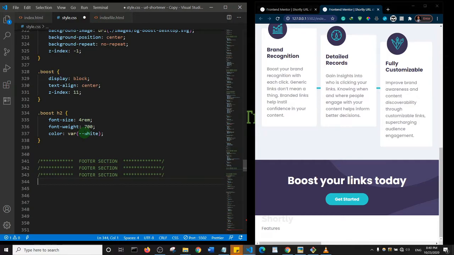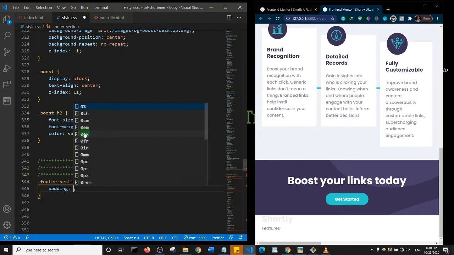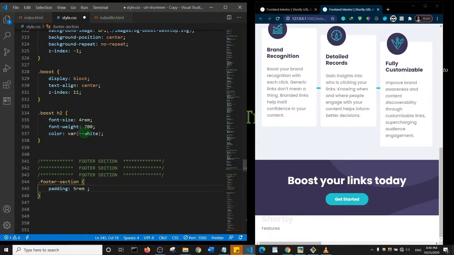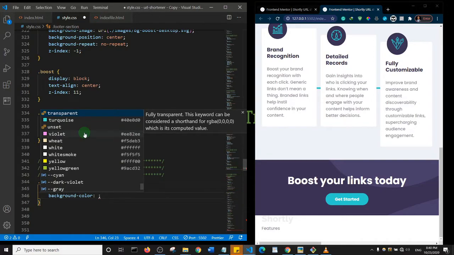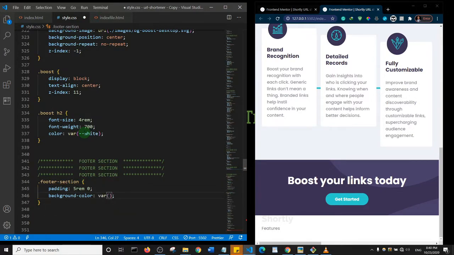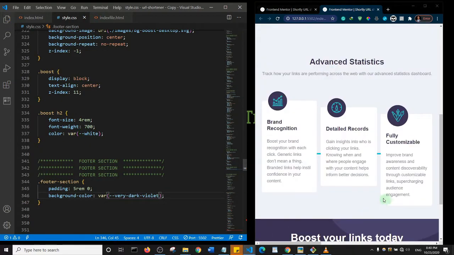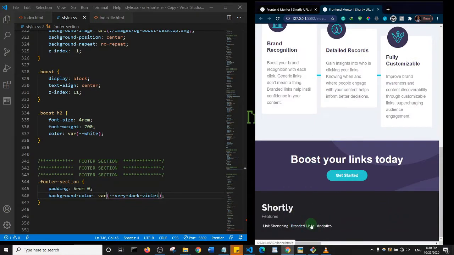And I'll just say dot, and I'll just give it, first off, I'll give it a padding of 5 rem on the top and bottom and 0 on the left and right. And then I'll then say background color of very dark violet. So I'll say var and very, oh, that should be hyphen, and I'll say dark, so very dark violet, and then I'll save,